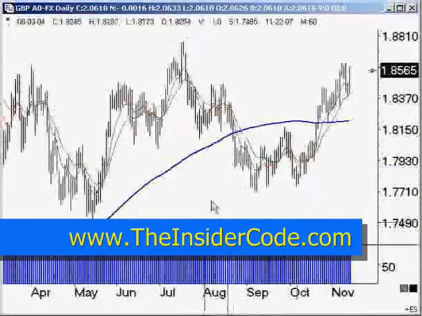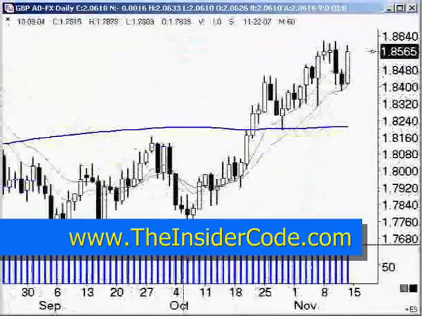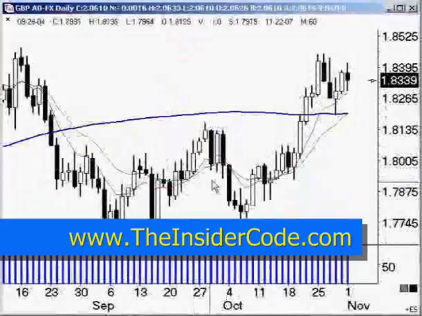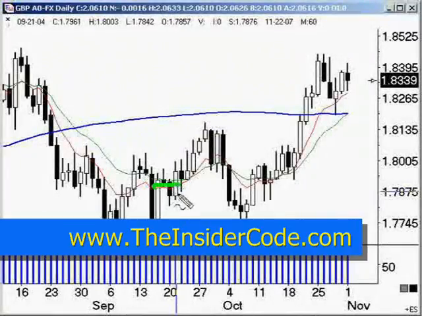Now, hopefully you can see, let me zoom in a little bit more. You can see how they start coming together. There's a moving average moving like this,